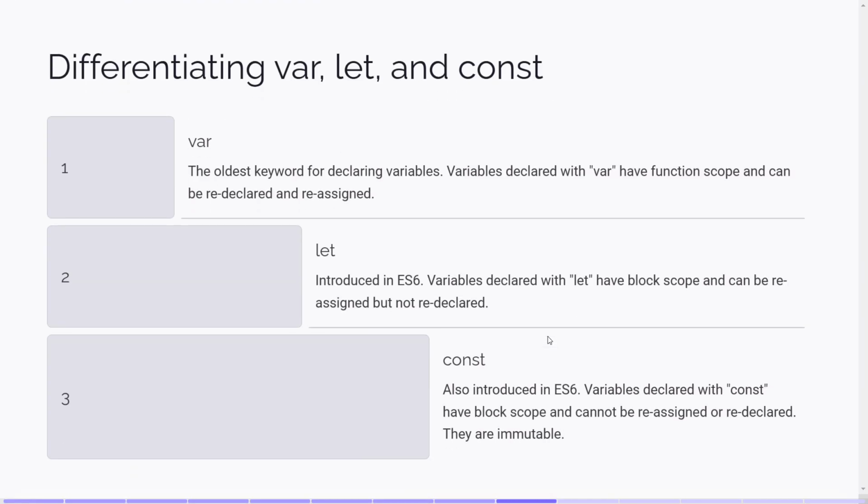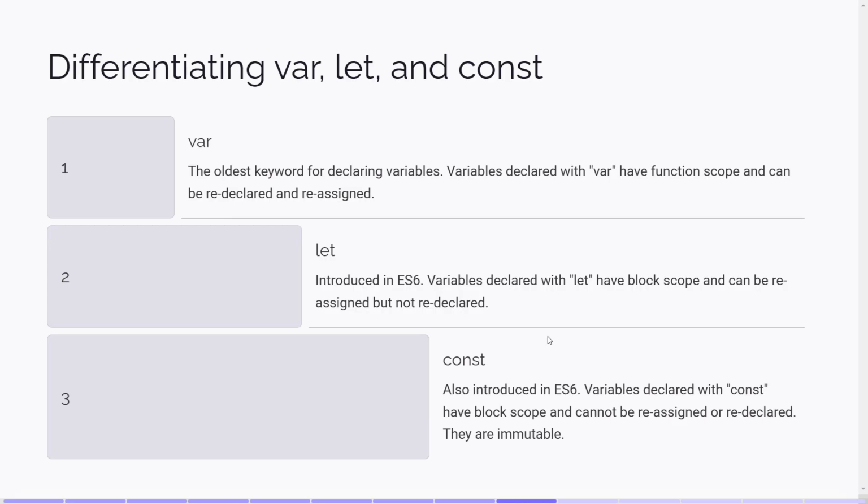Let us see the differences between var, let and const. Var is function scoped, so it allows redeclaration and it is hoisted but initialized as undefined. That means values given with the variable can be reassigned or redeclared, and that means we can change the values also. But let is